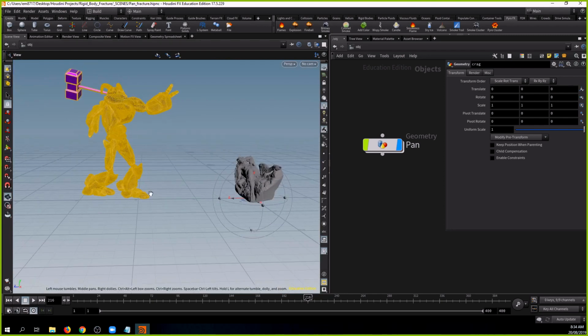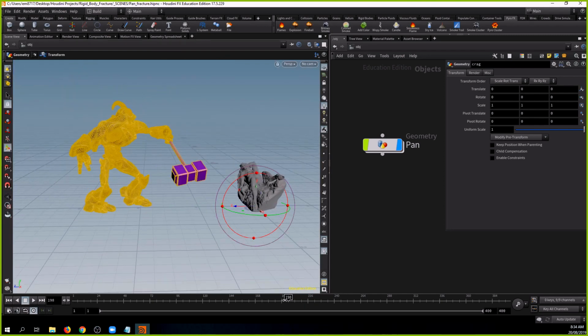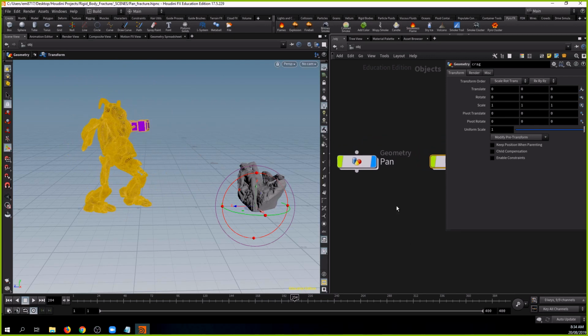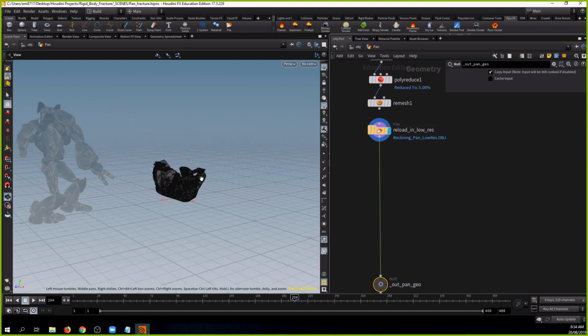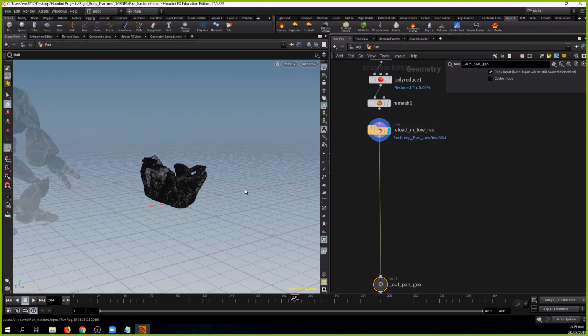Okay, so this is gonna fracture that. So we have the object, we have two objects, and okay. So let's pre-fracture the pan. You remember that. I'm gonna use, like, saving it, because